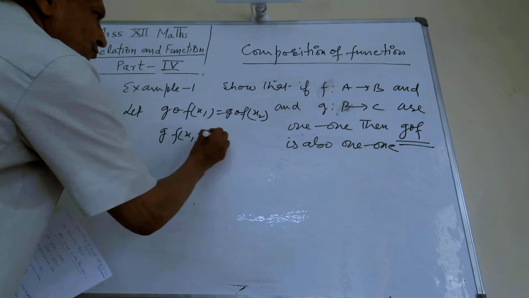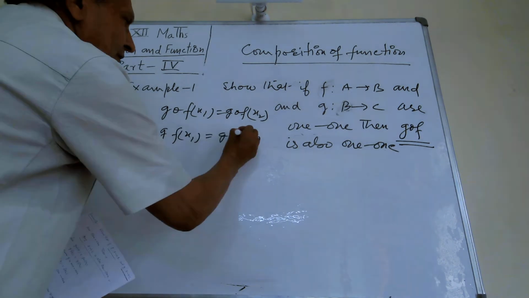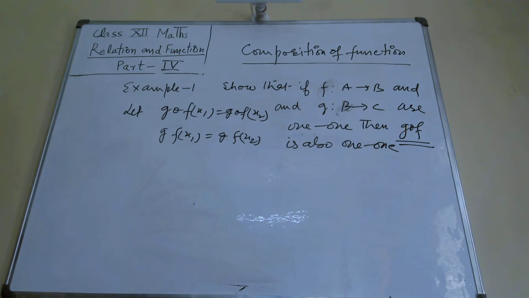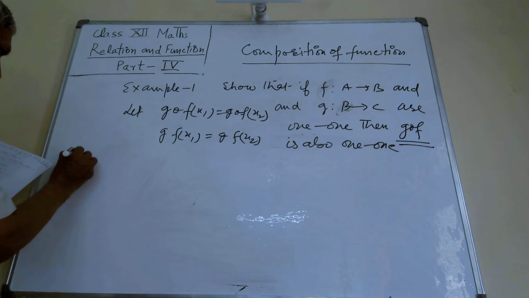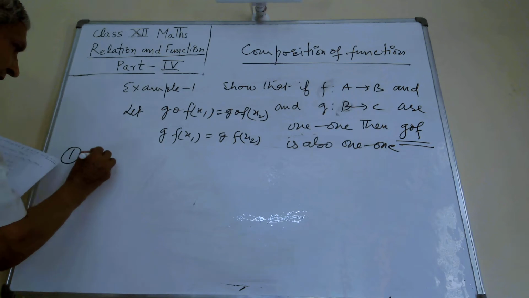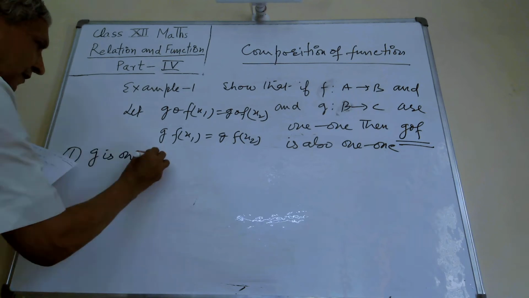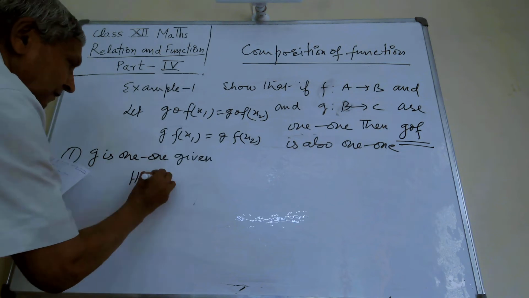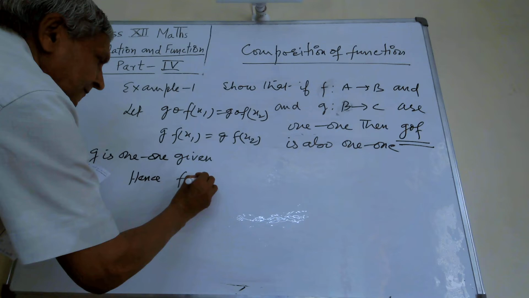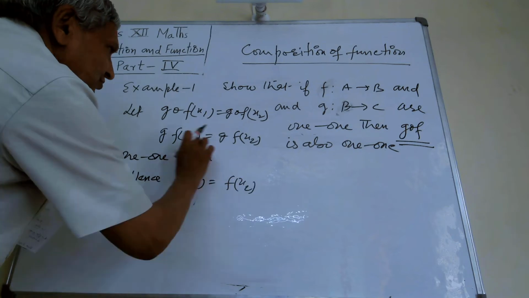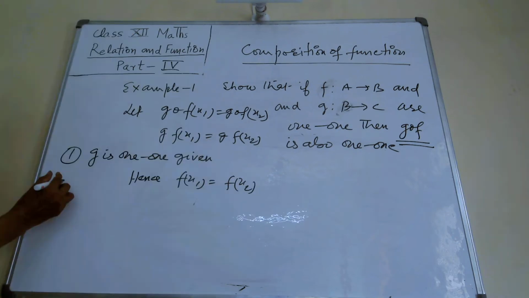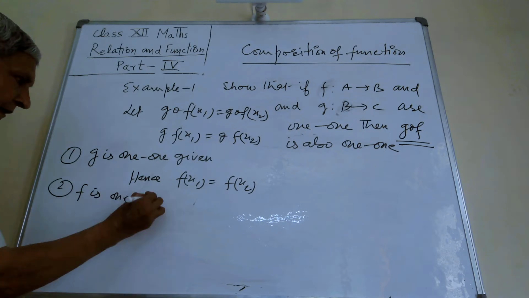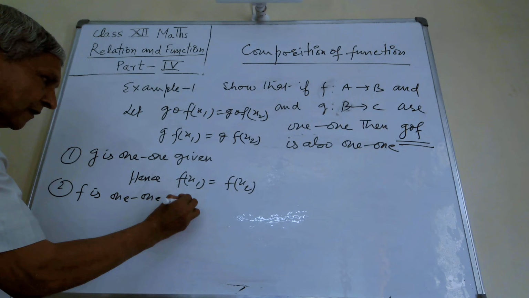So gf(x1) is equal to gf(x2). I have told you that this g can be removed. Now here, first, g is 1-1, given. Hence, f(x1) is equal to f(x2). Remove this f, because the condition for the second, f is 1-1, is given. So remove this, x1